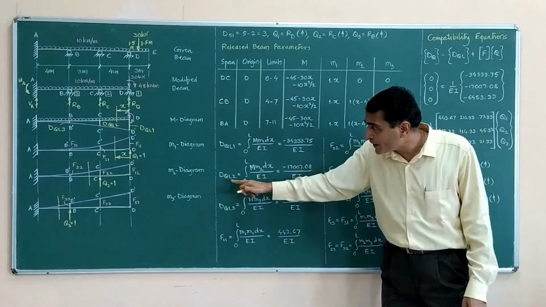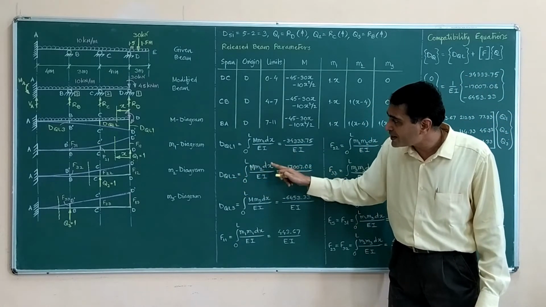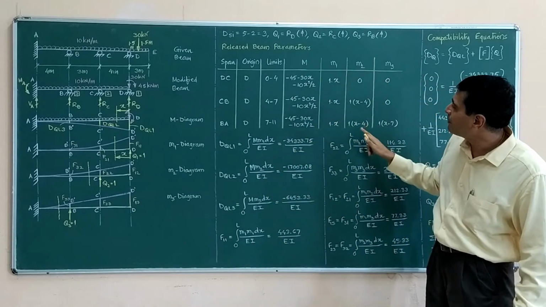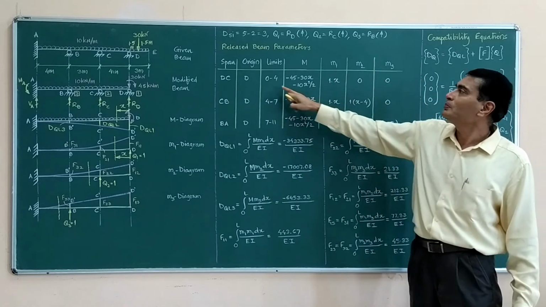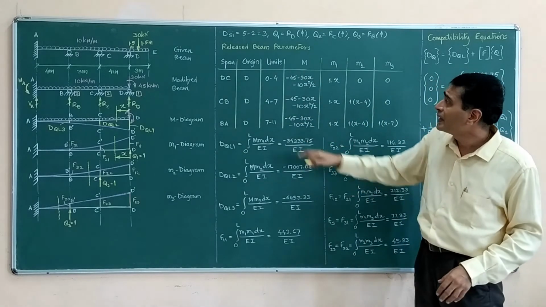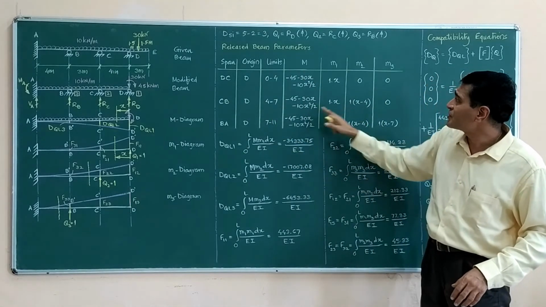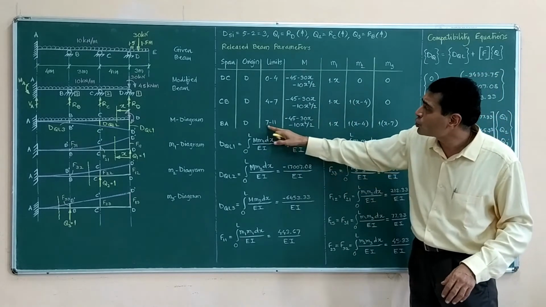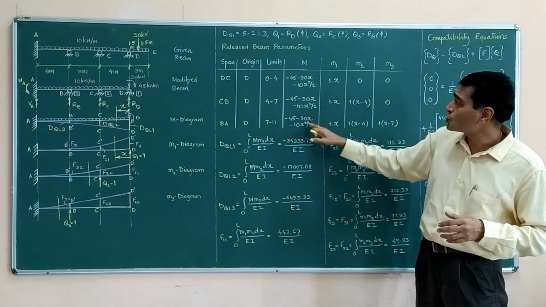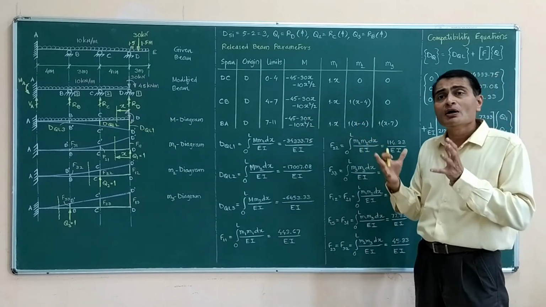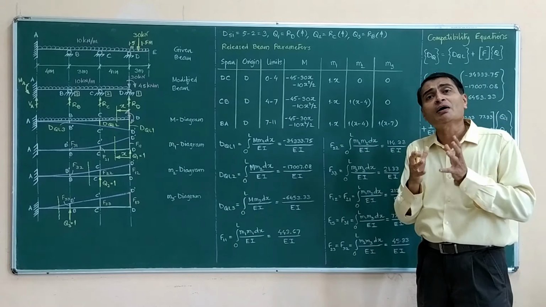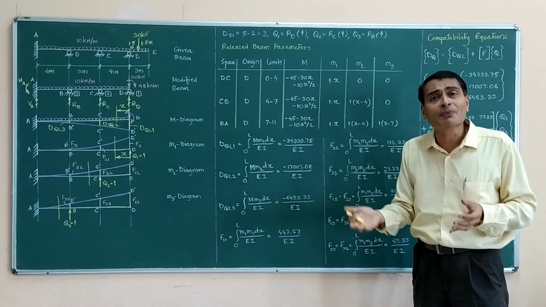Then I go to dqL2, which is integral 0 to L of m2 m dx over EI. This is my m, this is my m2. Clearly this term is 0, which means integral 0 to 4 is not applicable. However, I will have to do integral 4 to 7, this into this, plus integral 7 to 11, this into this. Again, since these two terms are the same and my integrand is the same, I can combine 4 to 7 and 7 to 11 and calculate as 4 to 11 directly.